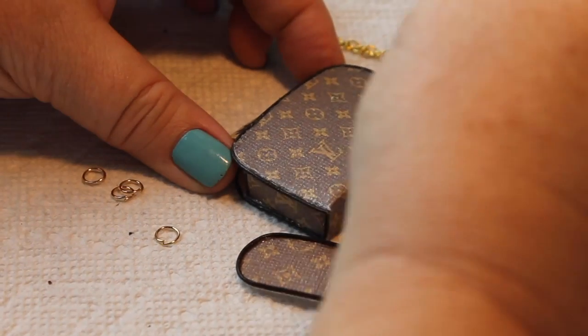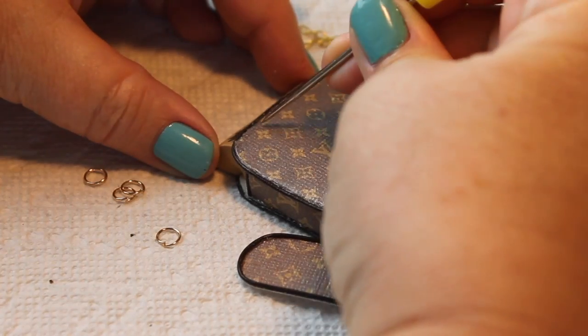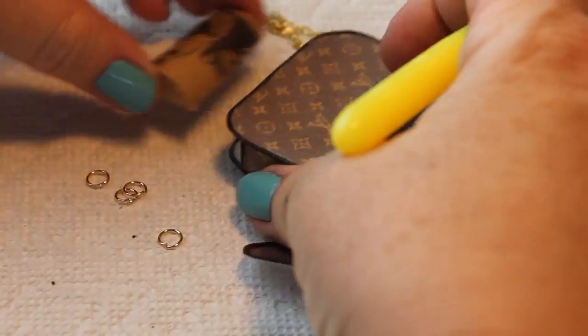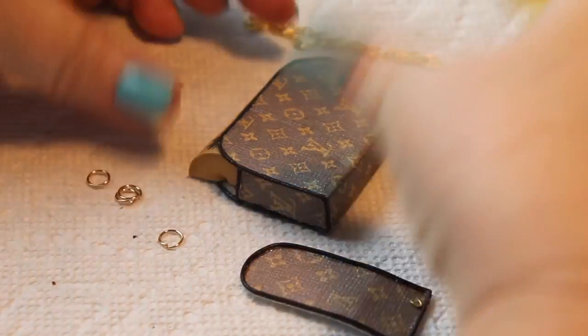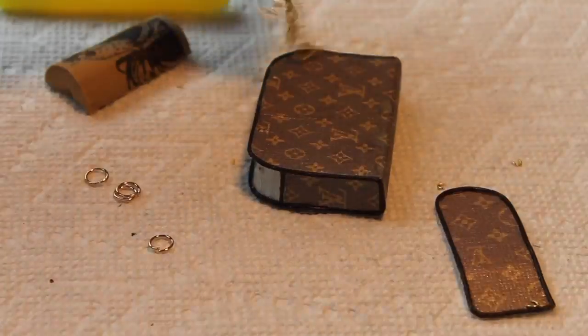And we're going to get a couple of, well, 4 jump rings to use to attach it to the bag. Now I'm using a cork from a wine bottle underneath and then poking a hole pretty close to the top, but far enough apart so that in the middle we can get the flap on the bag. And then we do that on the other side. And then we're going to take the jump rings